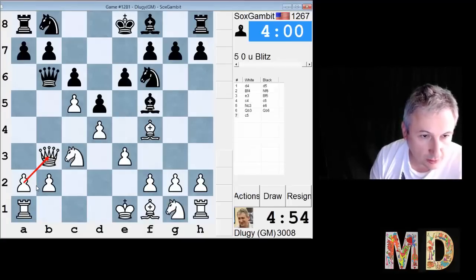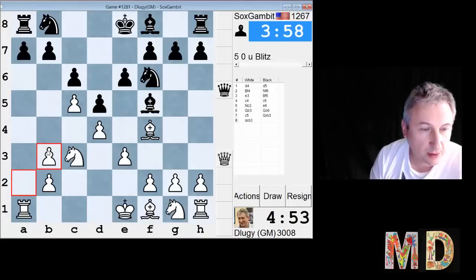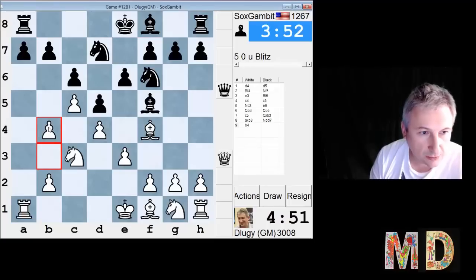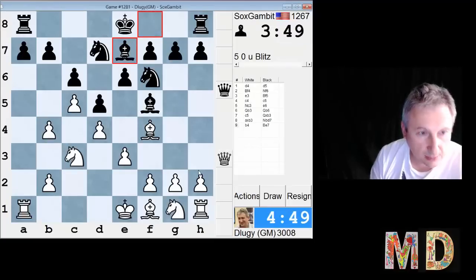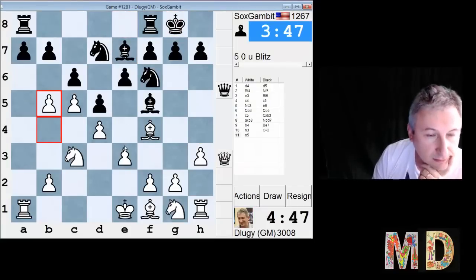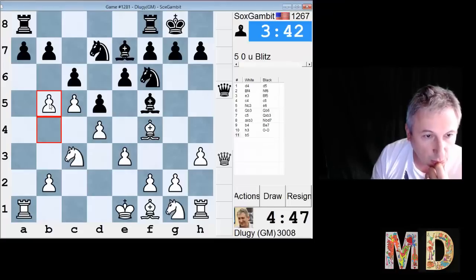Once the a file is open, I'm going to try to attack on that file. Here we go. Bishop takes knight is the threat now. And let's just continue attacking. And okay, maybe I should take a moment to play h3, and now b5. That's my plan. b5, and once I get one of the pawns exchanged on c6, I can start with the other one. Or I can go bishop a6, threatening to